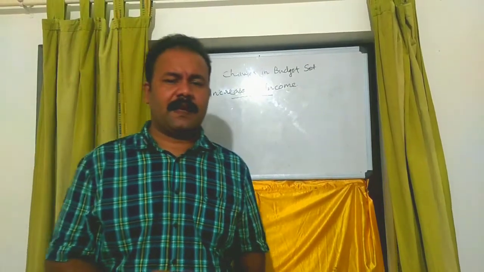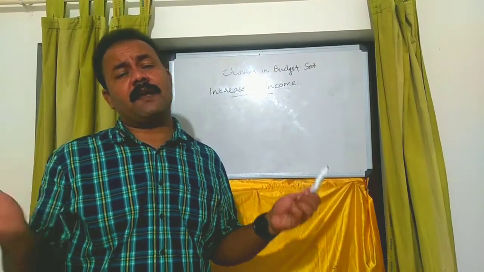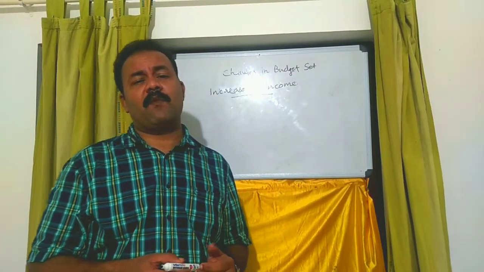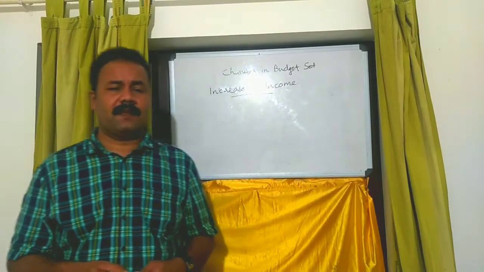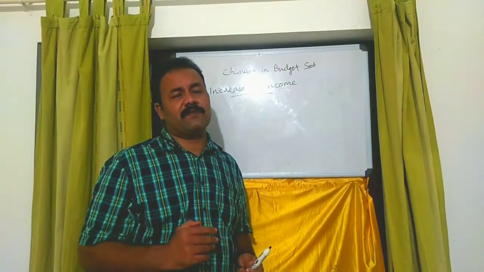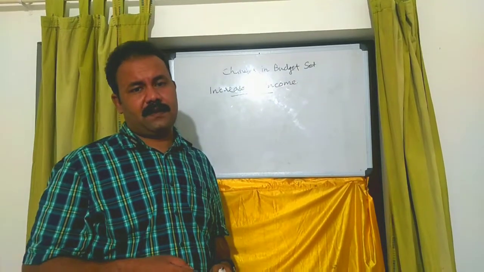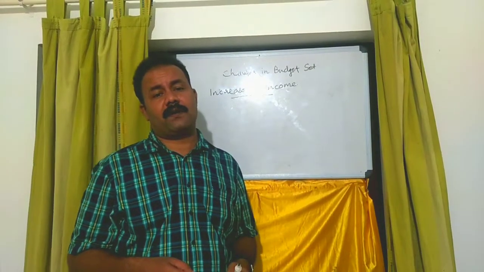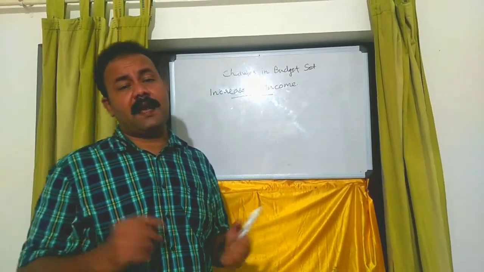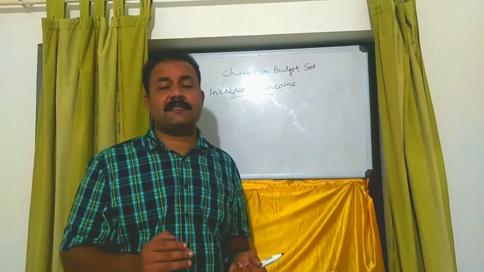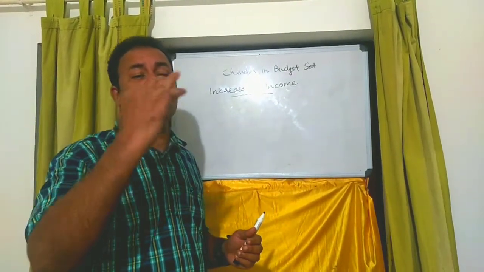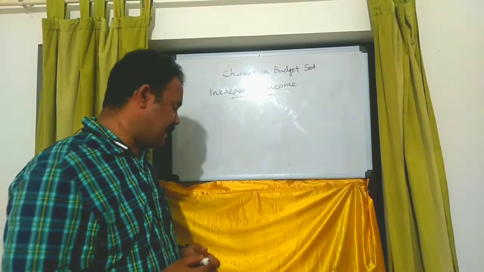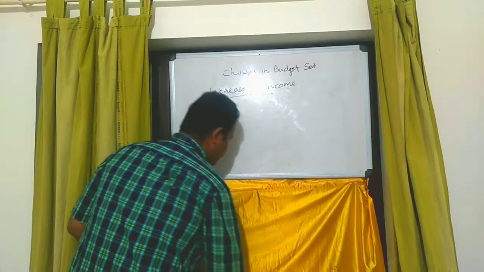Then here income of the consumer increases. At the same time, prices of the commodities remain the same. Then the budget line will shift to the rightward. That means here consumer can purchase more, both the commodities he can purchase more. As a result, budget line will shift to the rightward. That we can check by using a diagram.